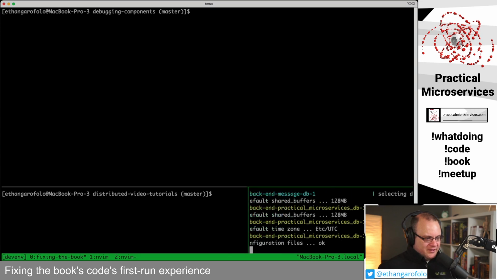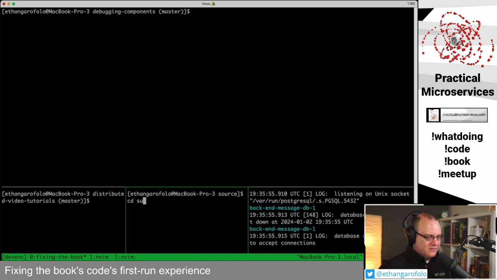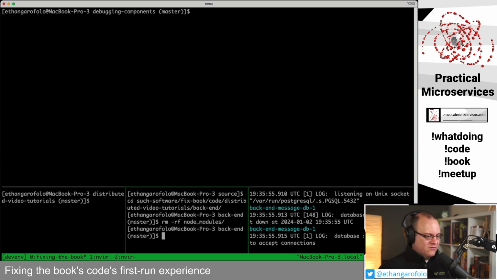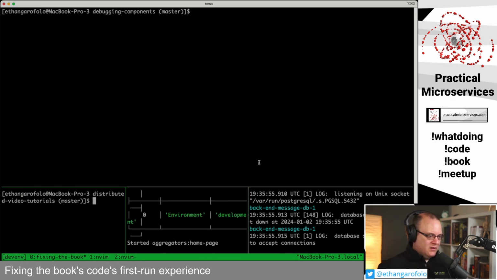So, there we go. All right, we're going to run the Docker container there, and this is where we need two things open. So let's see, you want to go to the software folder, then fix book in the code, and then distributed video tutorials backend. Remove the node modules. You would install them as part of downloading the book. And then we're going to say npm run start dev server. And that table is almost up now. So